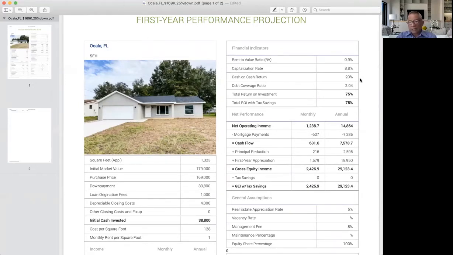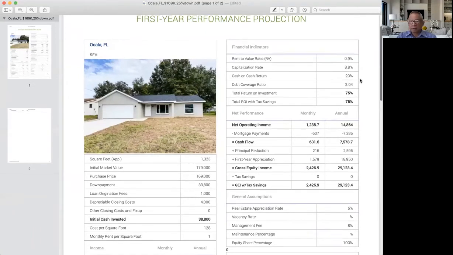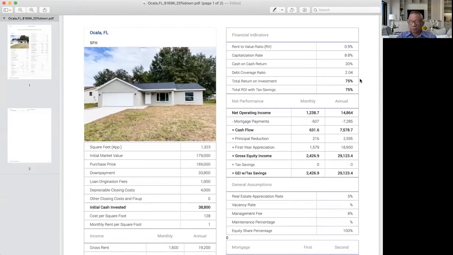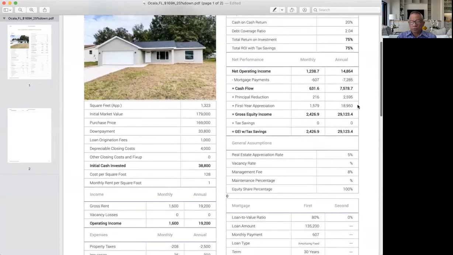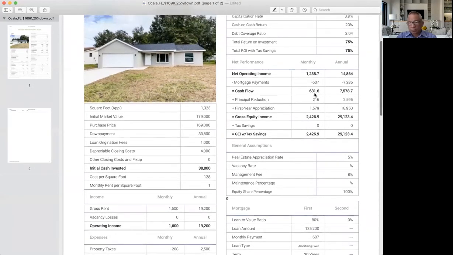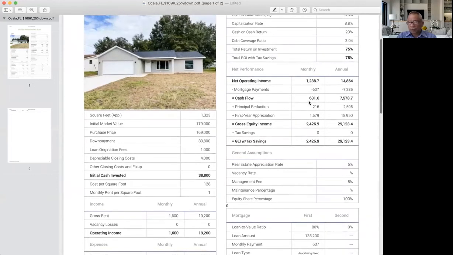Then cash on cash return, in this case, is 20%, again above the benchmark of 10% which I told you about earlier. So how do you calculate this? At 20%, you can recoup your 38 grand of total out of pocket, your risk of the investment, in about 5 years. That's based on your annual net cash flow. Your monthly net cash flow is already a whopping